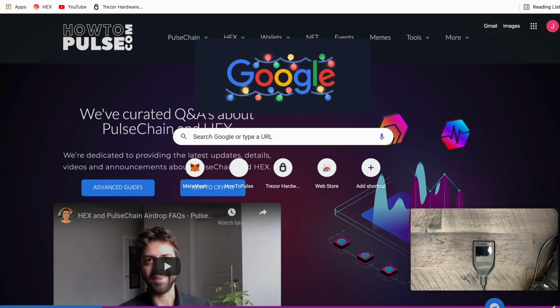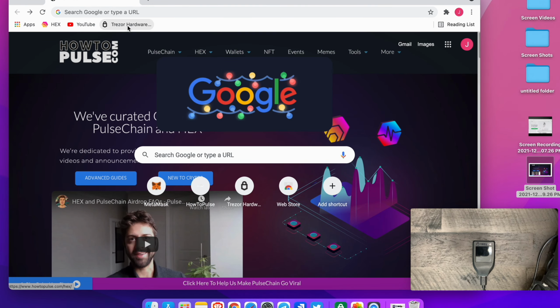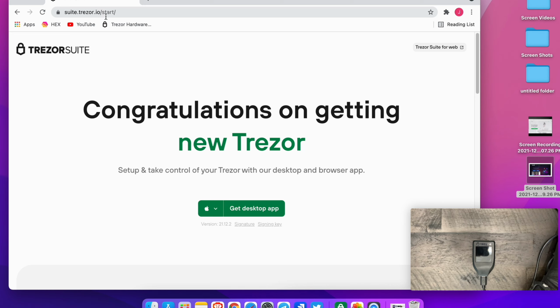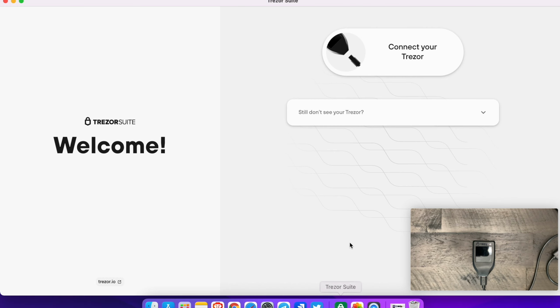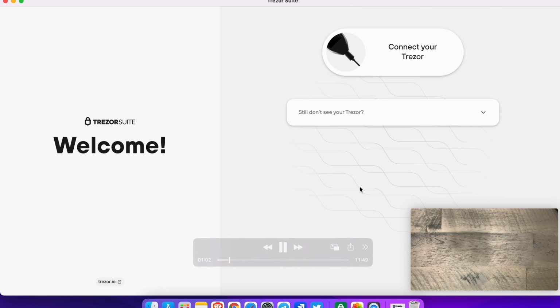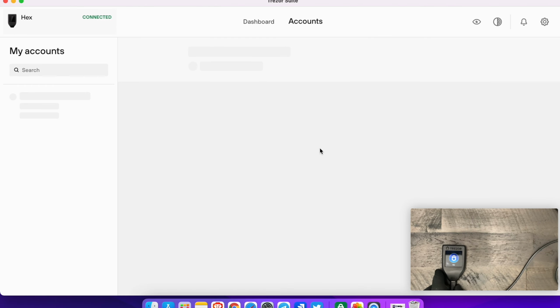All right, so first thing you want to do is download the Trezor Suite. If you don't have it yet, you're going to hit I own Trezor. This takes you to suite.trezor.io/start. Download the app and get that going. Once you have the Trezor Suite, you're just going to plug in your Model T. I will have to put in a PIN number. This is for my old one, so we're not going to see that. Okay, once that PIN number is in,